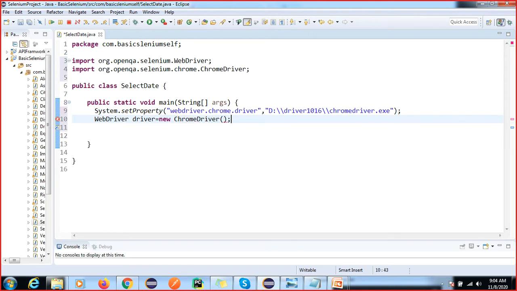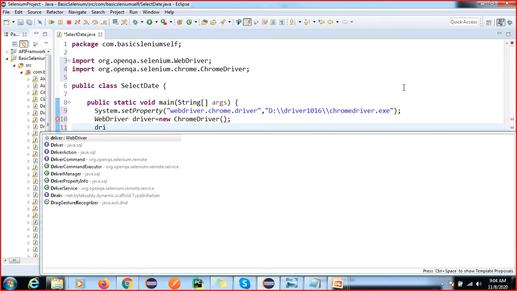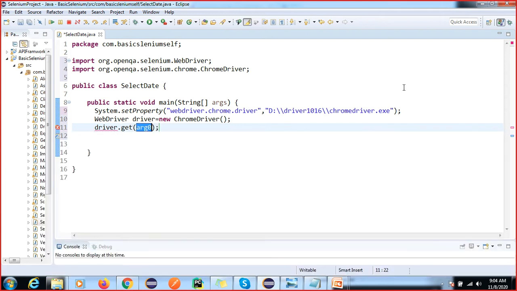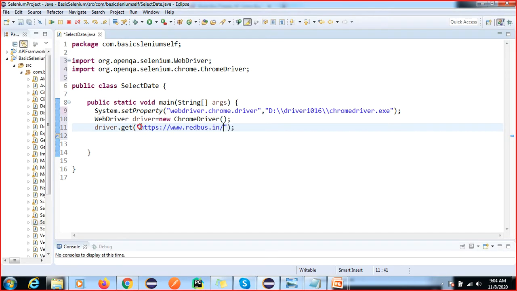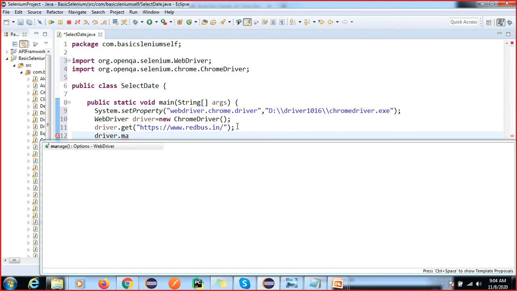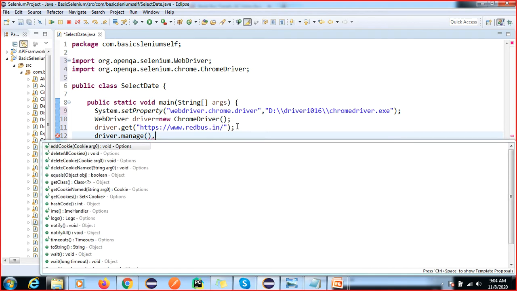Now I'm using the redbus application. Now I'm going to maximize this browser. See how many lines of code we are writing, and how we can minimize the lines of code for reusability.